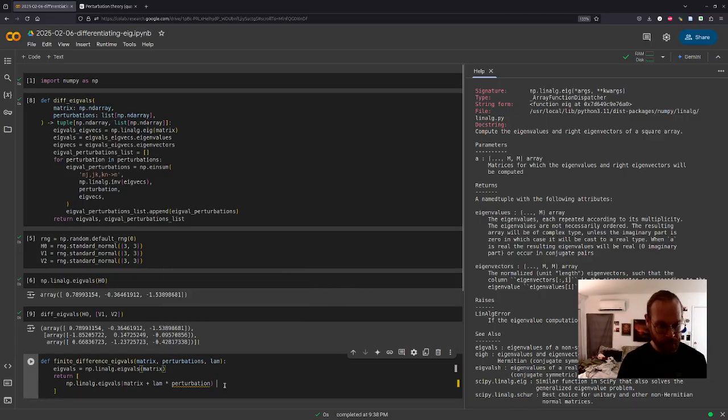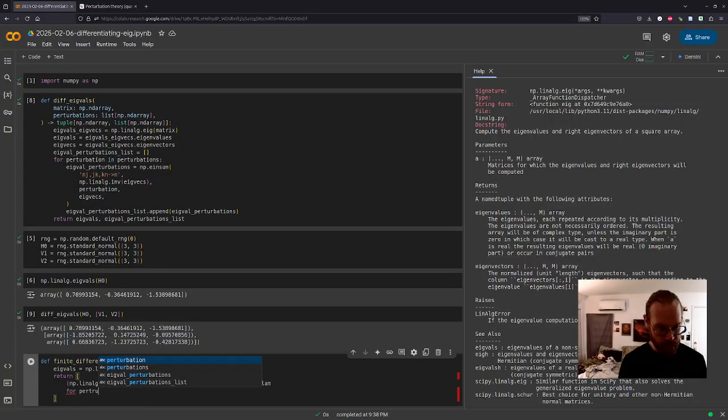So we want the difference between this and the original eigenvals, and then we divide that by the small parameter lambda. This is like one of those limit definitions of the derivative for perturbation.